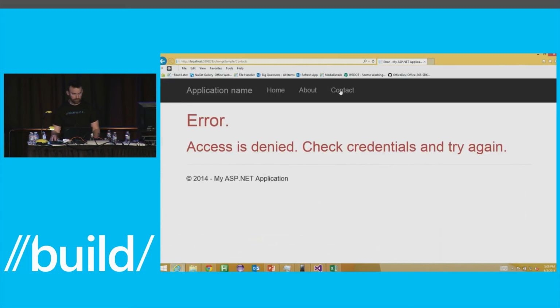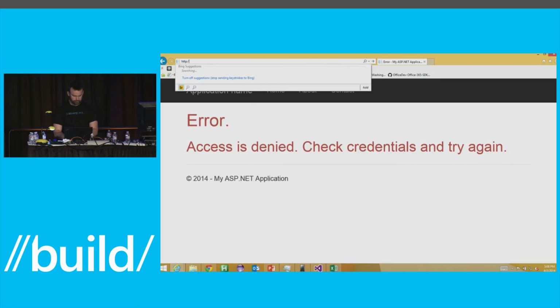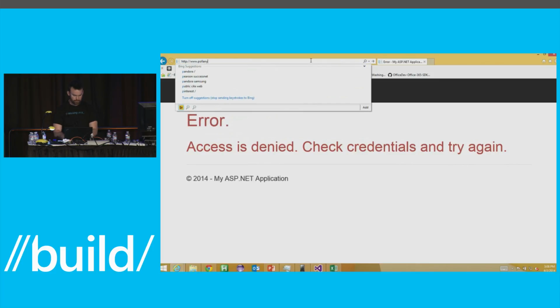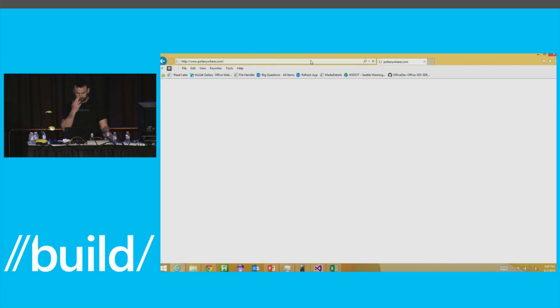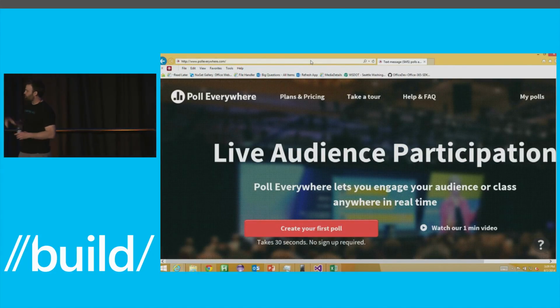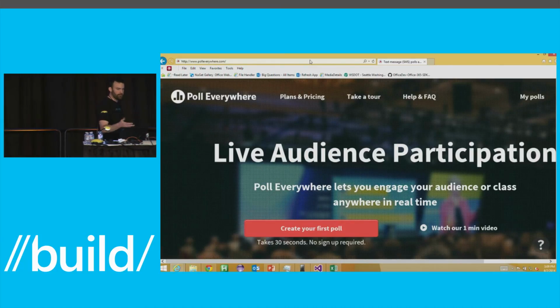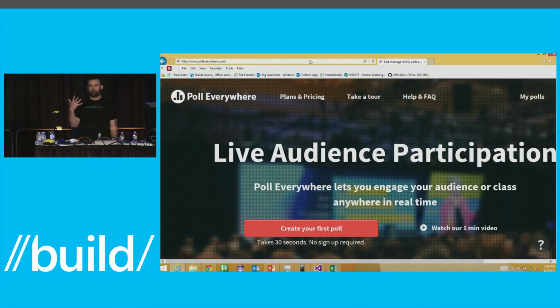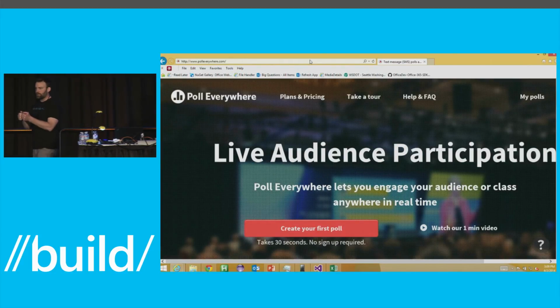Let me show you their website really quick, in case folks haven't heard of it. Poll Anywhere. Or Poll Everywhere. Can't remember which one. Poll Everywhere. Thankfully, they got both domains, so it worked out okay. Poll Everywhere, they've been around for a while. You can use their website to create polls that you then display when you're in a room like this, and people can SMS in the results of their poll. This has been around for a while.